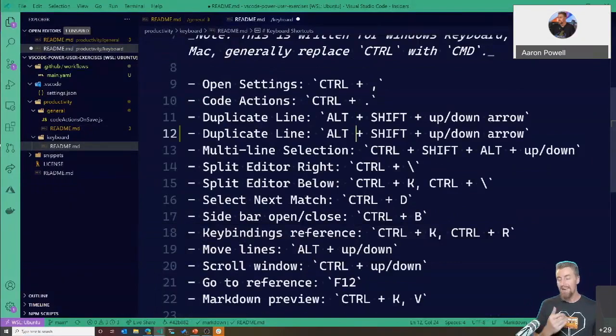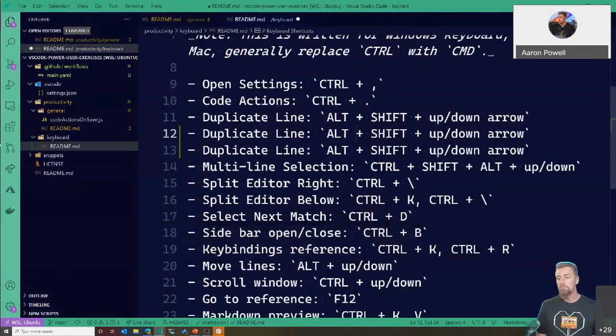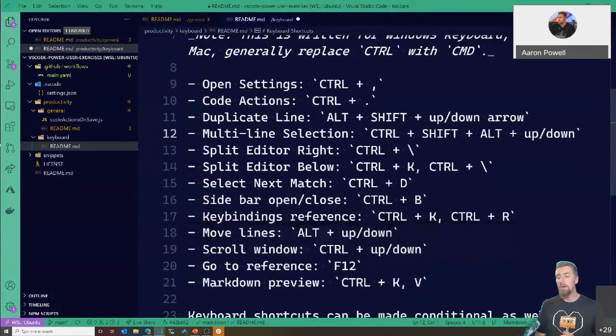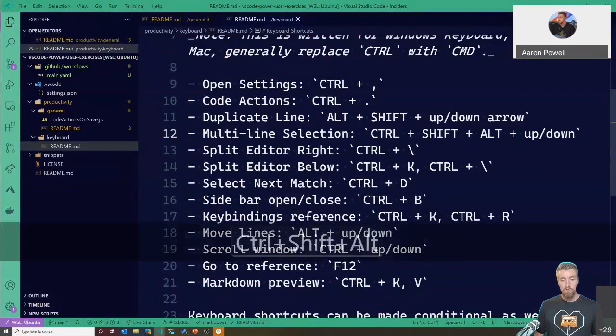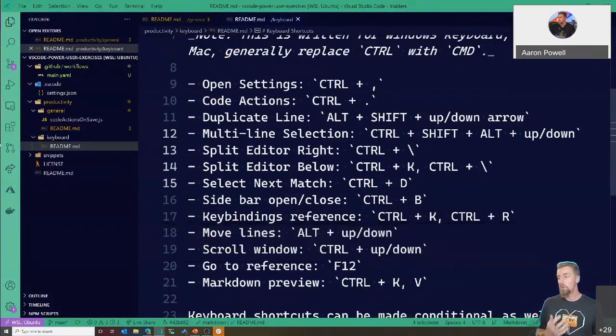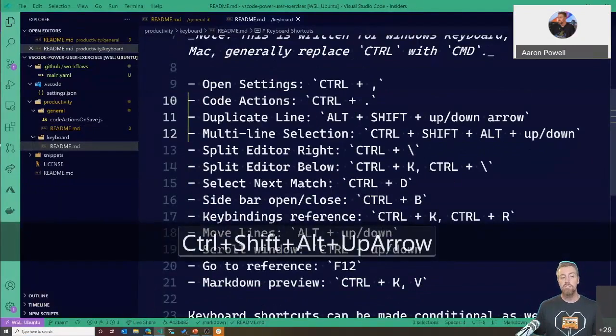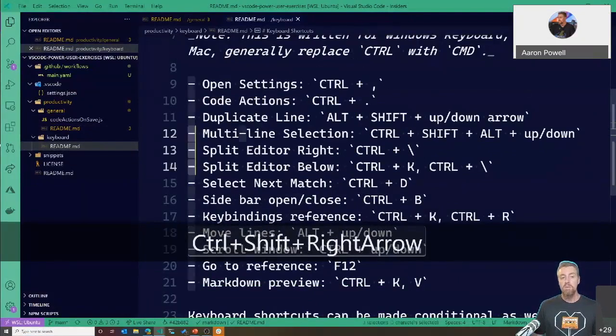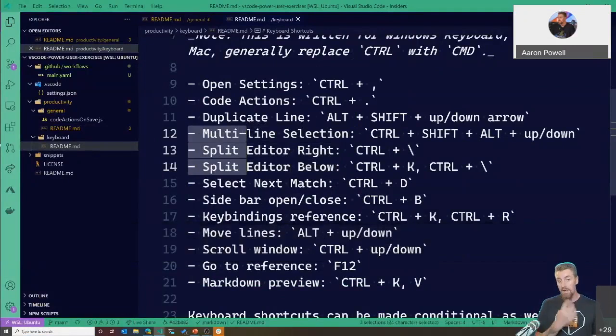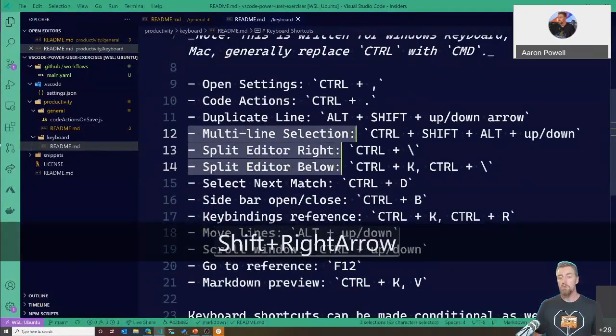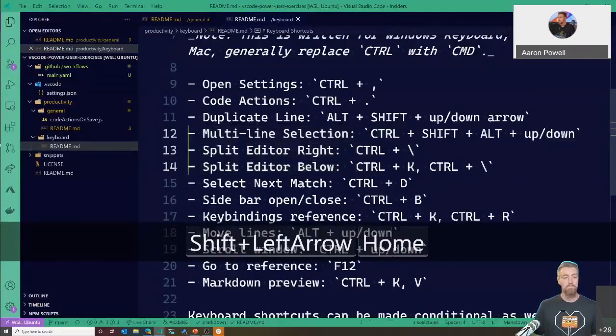So down will go down, up will go above, as normally would make sense, and the cursor stays in the direction that you're going. If you want to do box selection, so multi-line selection, Control-Alt-Shift, and then the direction that you want to select, up or down. And then from that, you could do a Control-Shift to do a box selection from that, which will then jump over words, or I can do a single character selection.